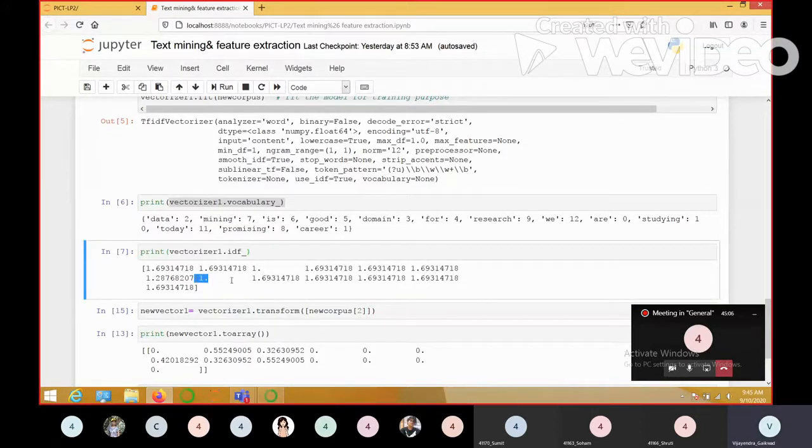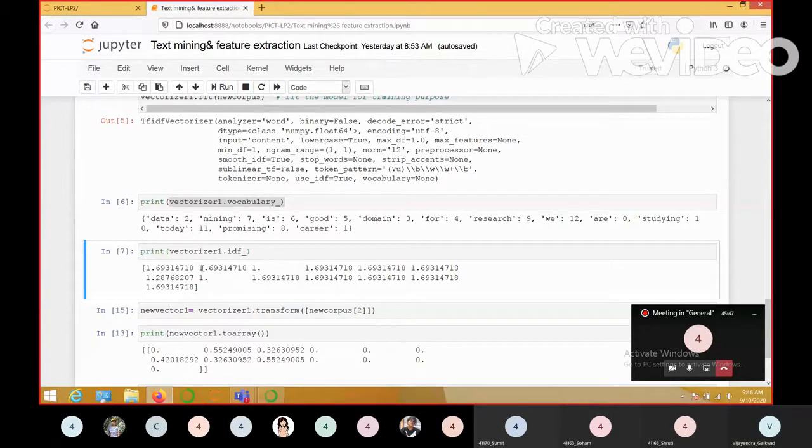Understood this? Apart from the common words, if there are any unique words in any document of our corpus, then it will have some higher value than 1. If there are words which are common across all the documents, it will have an IDF value of 1. If there are words which are common in 2 documents, then it will have a higher value than 1. And if there is a word which is uniquely present in one of the documents, then it will have some higher value, related to that document itself.